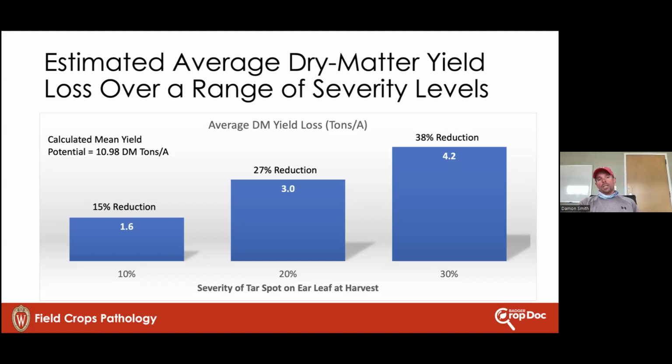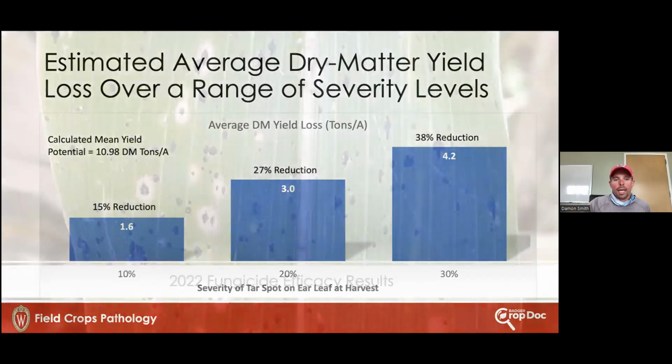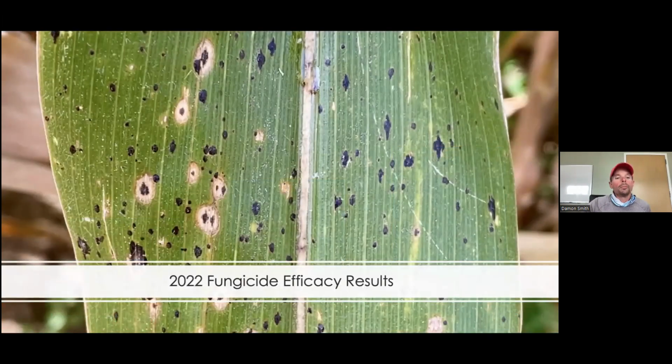And I would say if you see tar spot set in early and you have the ability to chop a little bit on the earlier side, I would err that way rather than letting that hybrid get too dry. We've seen issues where if that hybrid really dries out too much, we can't pack the bunker correctly, and we get all these other secondary issues because we can't get all the oxygen out of that bunker as we try to pack it. So adjusting chopping date a bit can be really helpful there.